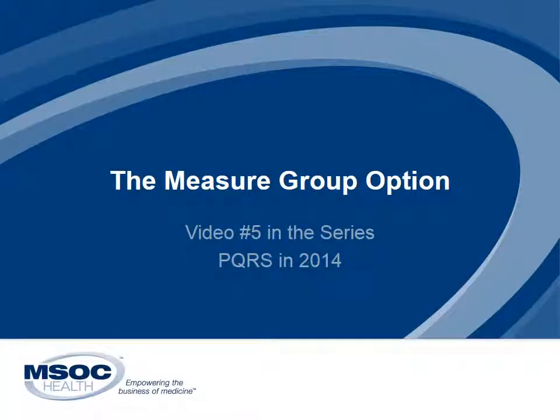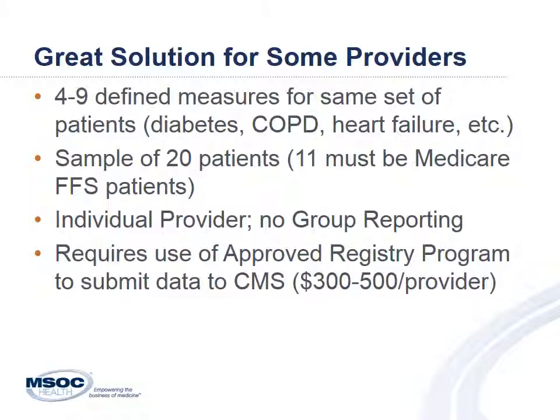The option to report PQRS measures through a measure group is only available for individual providers and will most likely be selected by smaller practices. If a provider successfully reports on a measure group, she'll earn both the 2014 PQRS bonus and avoid the PQRS penalty in 2016. A measure group is 4 to 9 measures that are each applicable to a defined population of